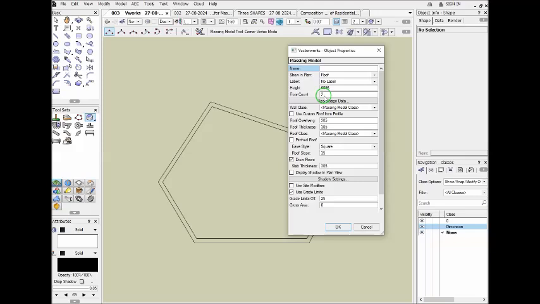I will start from one floor, type here 1, and the height I will type, let's say, 3,